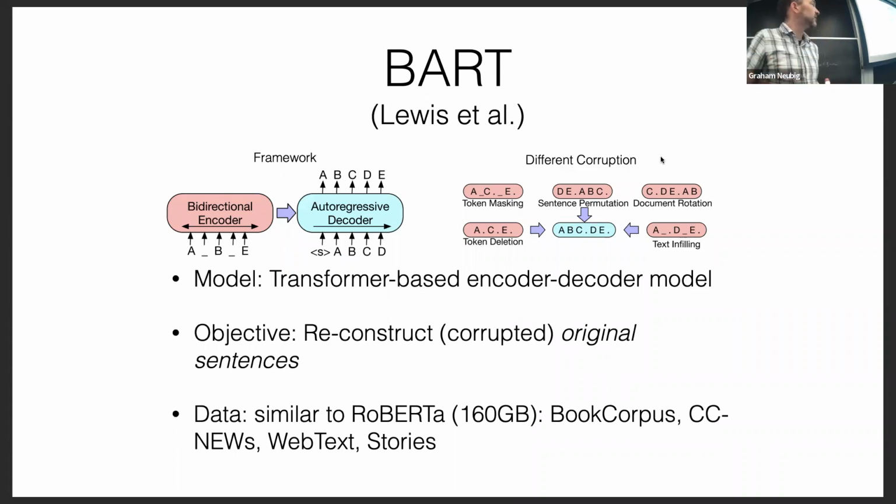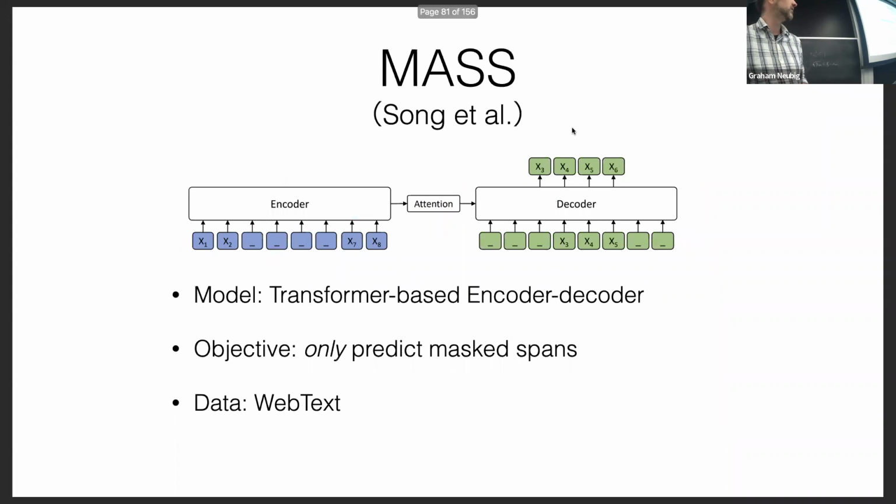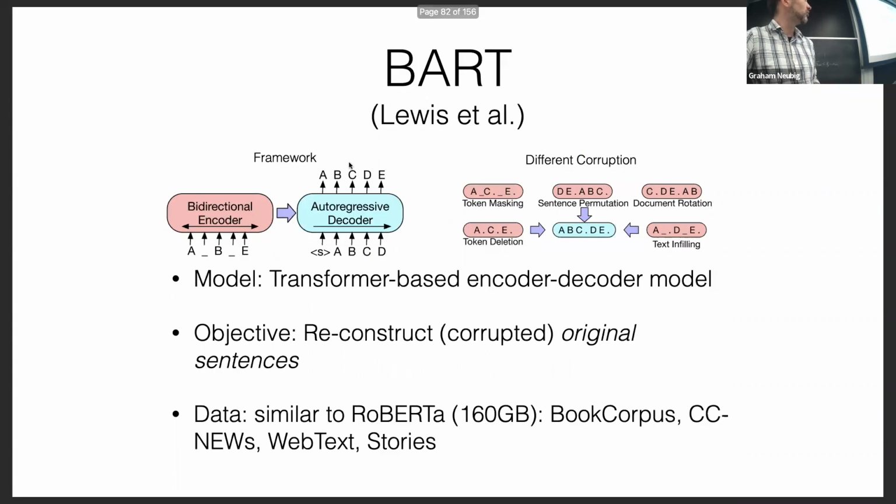Yeah, BART can fill in as many tokens as you want. So one other thing I should point out is that BART always outputs the actual sentence. And this is actually important. I think this is another reason why BART is successful. A lot of the other ones aren't actually outputting the whole output token sequence or document. Like MASS is only outputting the things that were masked out. Whereas BART is always reproducing the original sequence.